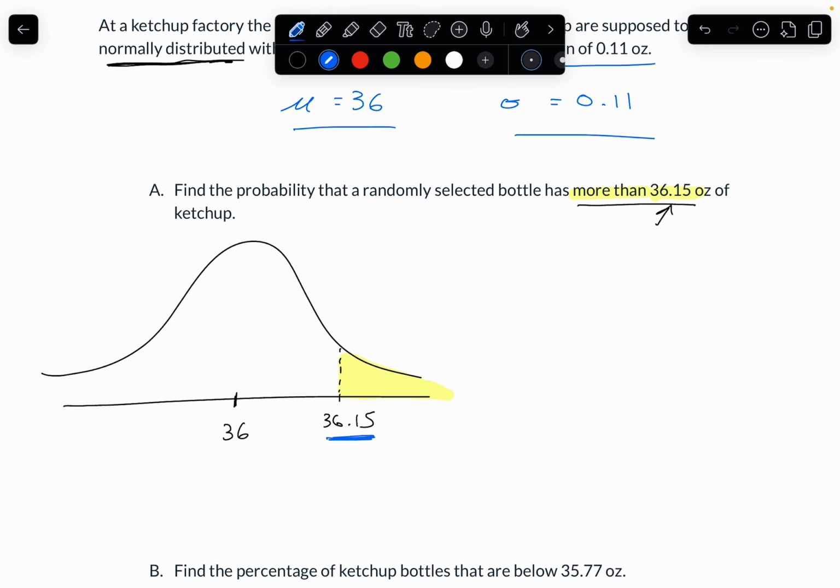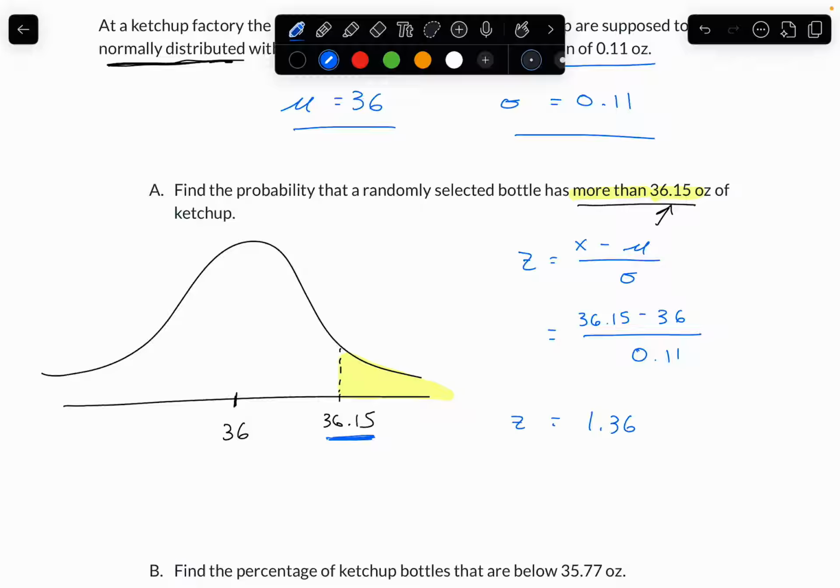So my z-score formula, just in case we've forgotten, is z equals x, which is my observation, minus my mean, divided by my standard deviation. So let's go ahead and plug these in. My observation was 36.15 minus my mean, which is 36, divided by my standard deviation of 0.11. So if I grab my calculator real quick, 36.15 minus 36 and divide by 0.11, my z-score ends up looking like